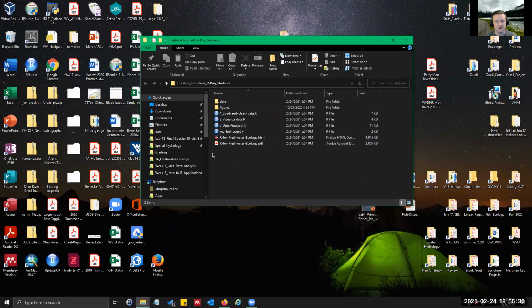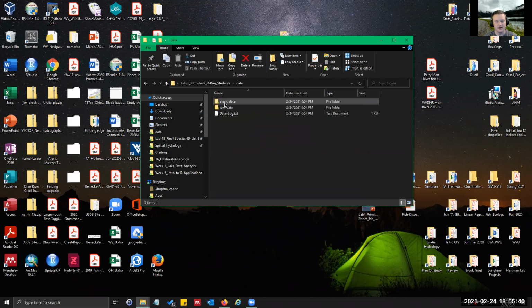So we're going to just go through. This is the folder. I like to have it fairly organized. In that first video, I went through my first R script. I have a data folder. I like to keep my raw data here, and then I like to save my clean data here in a clean data folder and keep them separate so that if I messed up or whatever, I can just go back and reload and do it again.